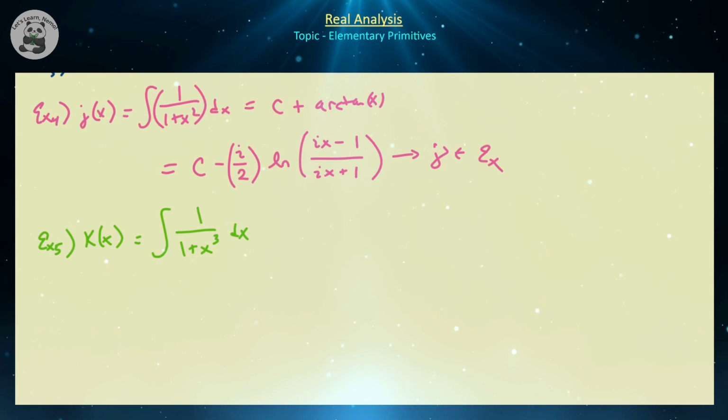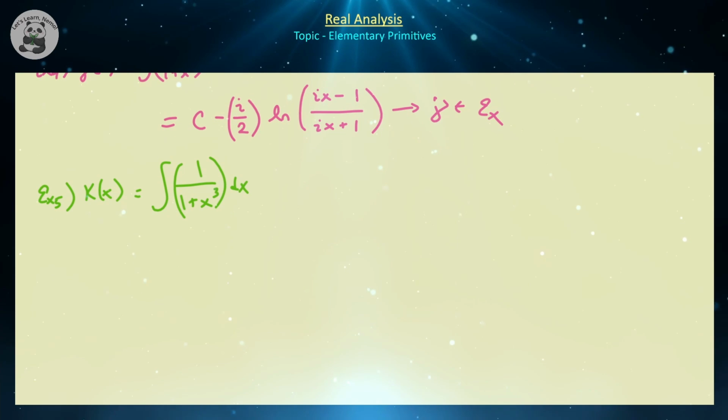Now, this is not as easy, at least in terms of the integral, but if you know the sum of cubes identity for 1 plus x cubed, you can decompose this into a quadratic and also a linear, use partial fraction decompositions, and use some tricks with natural logs and arctans to figure it out. But you should be able to find, after some fun math, this will just be equal to negative 1/6 times